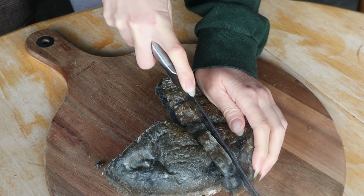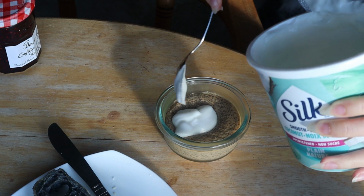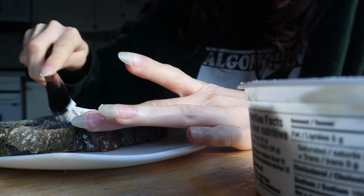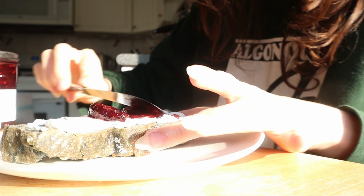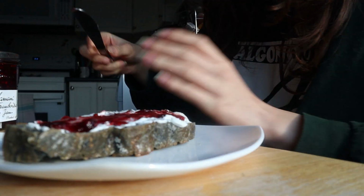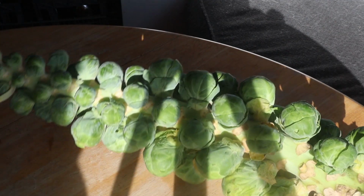Then I had some kefir later. And... wait a minute. I'm gonna be honest with you guys. I have no idea where that kefir clip came from. It just appeared, but it looks like it's nighttime there, but I'm still on breakfast here. So that's quite mysterious. All right, anyways, so I had some of the bread with some cream cheese and jam,